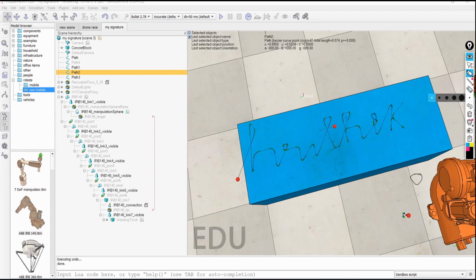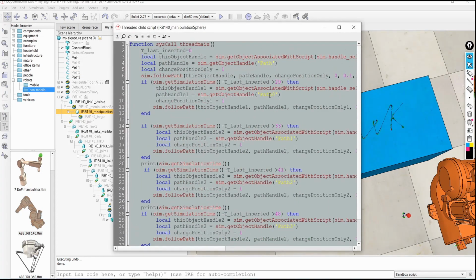How I calculated the time, I will show you in the code. If you see this code, it will firstly follow this path. Then this is to get the simulation time. After that it will subtract the initial simulation time, which I consider as 0, means we are just taking the actual time.